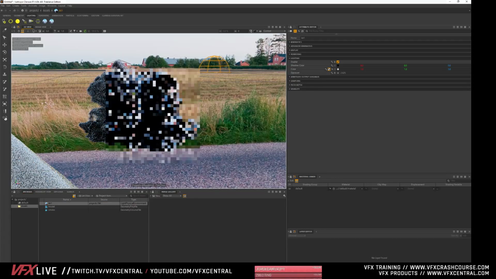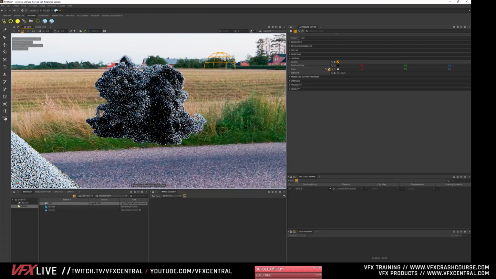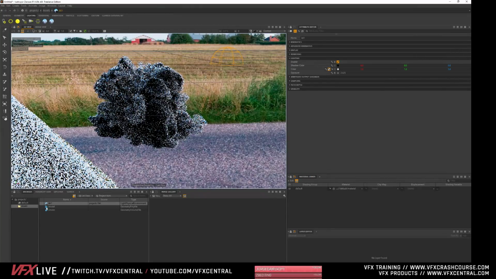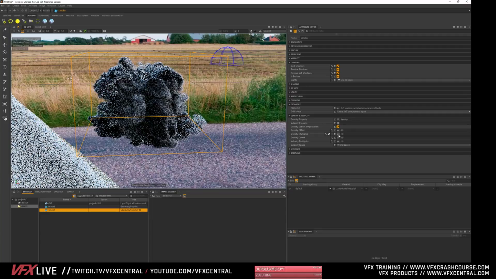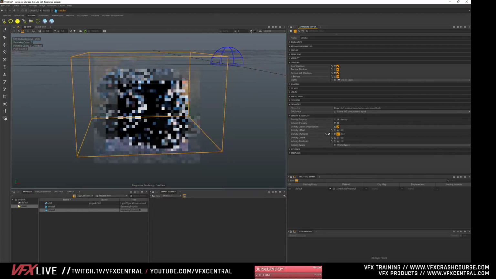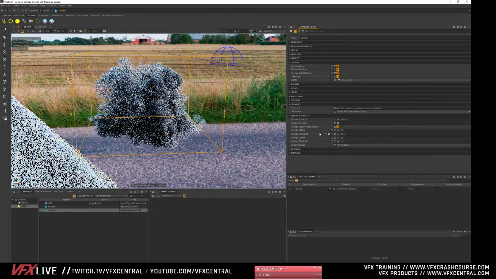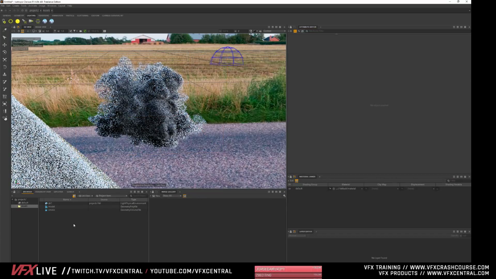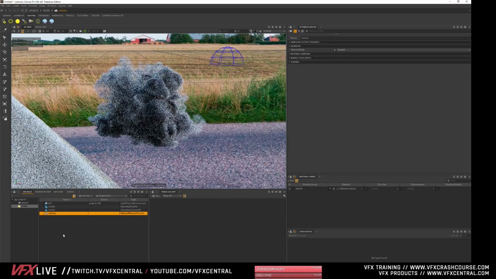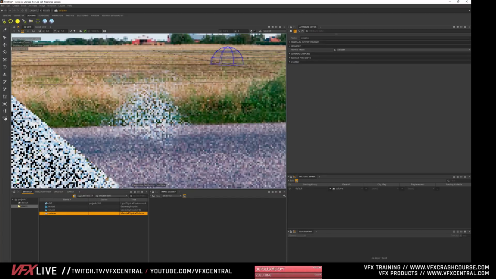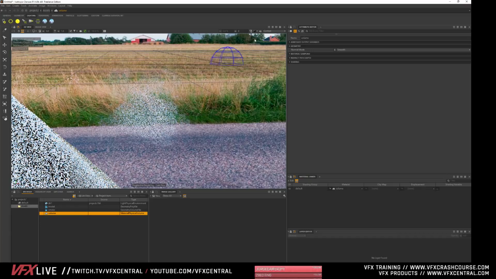So the cool thing is we haven't even put in material on this thing, and it's already looking decent. And this is not in our render view. This is just in our preview mode, looking around like that. But the cool thing is volumes, when they come in, they have this density slider, so we can slide the density down right here on the density multiplier. And then we also can add a material. So I'm going to right click, and you have your materials, and go down to volume. We can simply drag it, drop it on top of that,